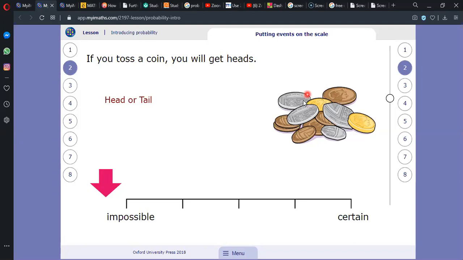Then the other side, you can see the other side, okay? Because we already use head to represent the side of the coin that has the head on it, we just call the other side the tail. So this, for example, this is head, okay? But over here,